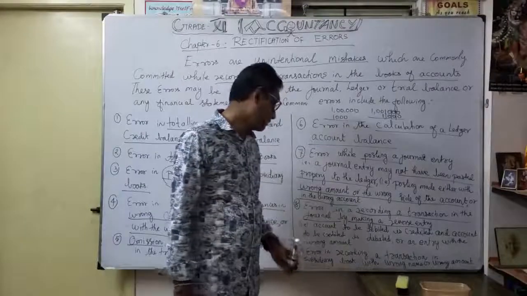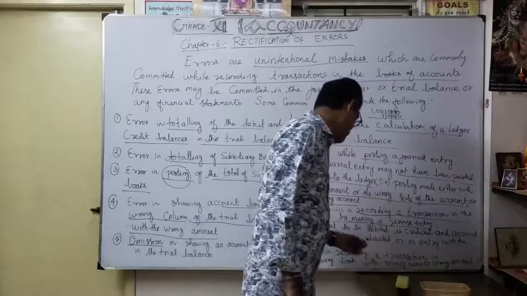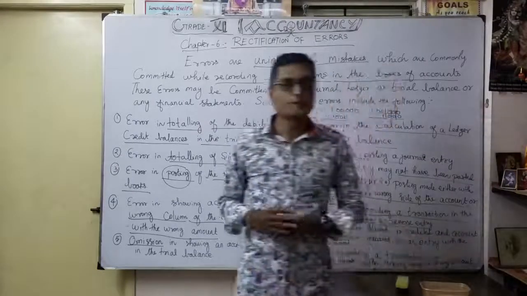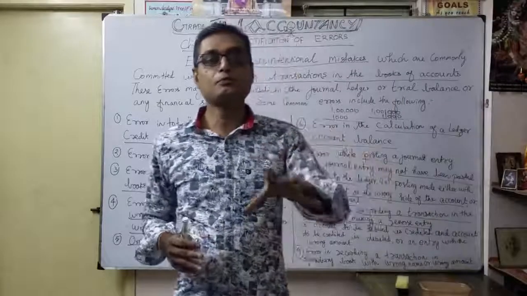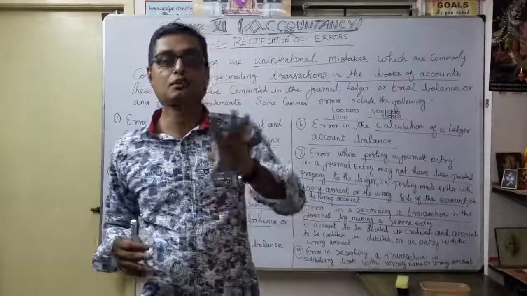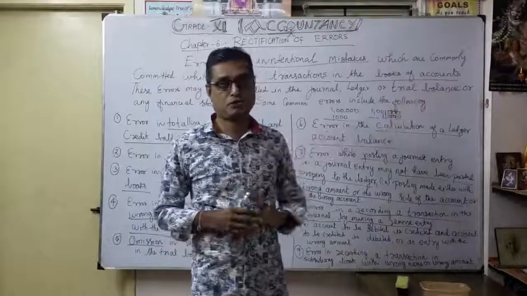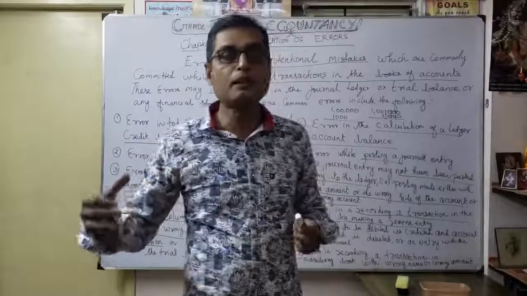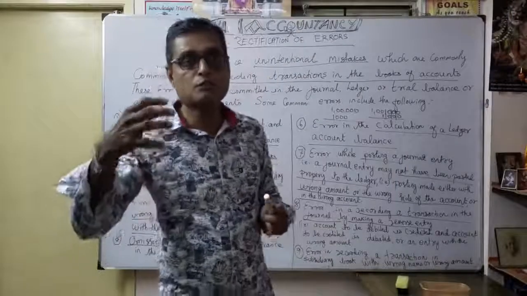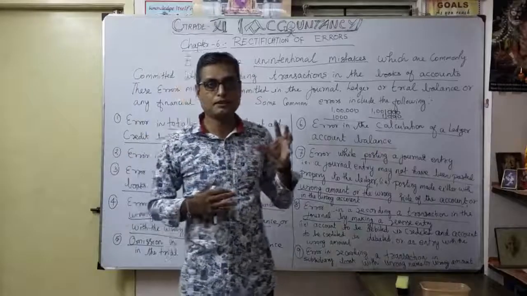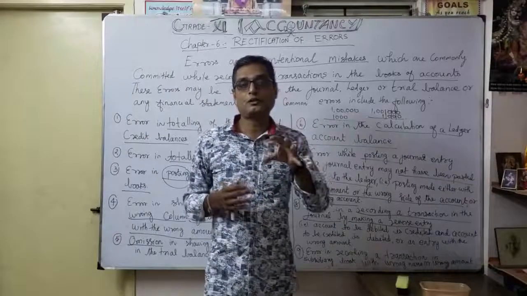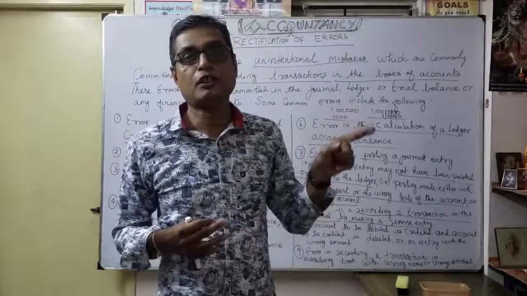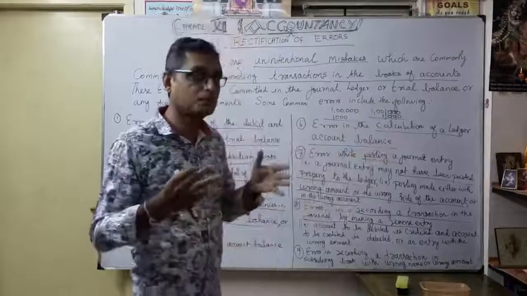Okay. Ninth one, error in recording a transaction, same here. In the subsidiary book with the wrong name or wrong amount. For example, what you have to take from the subsidiary books is the purchase account, but it is written in the purchase return account. Understood? Because of the name similarity. Similarly, we prepare a sales account. What is a sales book? The total of the sales book from the subsidiary book, say 1 lakh, we have to write in the sales account. Instead of the sales account, what happened? We wrongly entered it in the sales return account. So that possibility is also there.